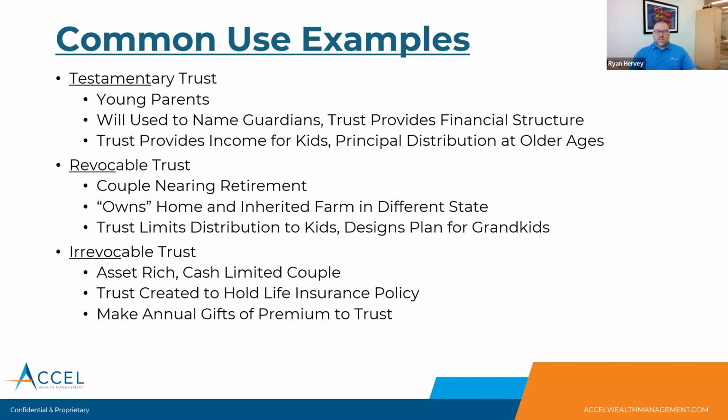So when I have a revocable trust, my revocable trust can own property in multiple states. One trust owns it all, in the way that a business does. And so now my trustee has the ability to move that property without having to go through probate, without having a judge supervising it. The trust also allows us to limit distributions to kids, design plans for grandkids, and it can keep it all private so that not everyone knows what happened. If your trustee is independent from your family, there's no way your family's ever going to know that some kids got more than other kids or some grandkids got more than other kids unless they tell each other. And even then, do you believe them or not?